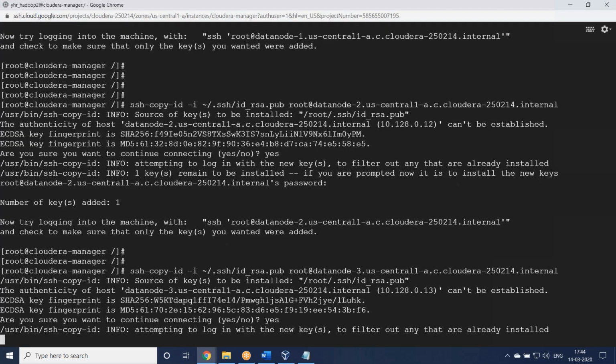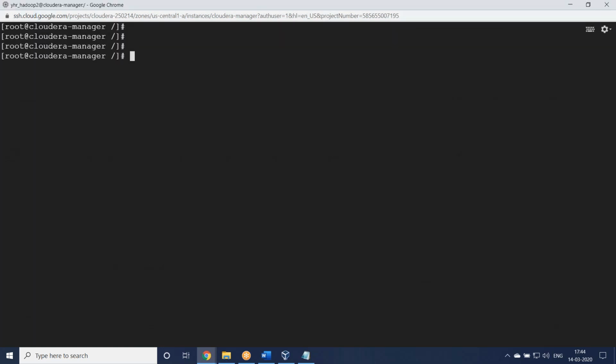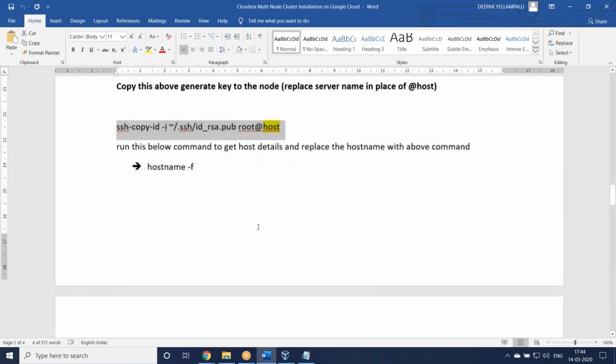Yes. All from this server, Cloudera Manager server, key copied to remaining all 3 nodes. Okay, so task is done.